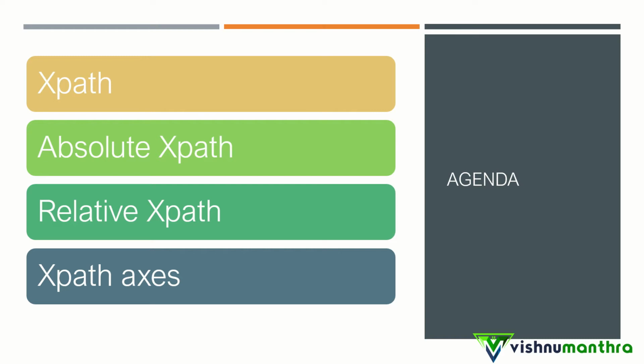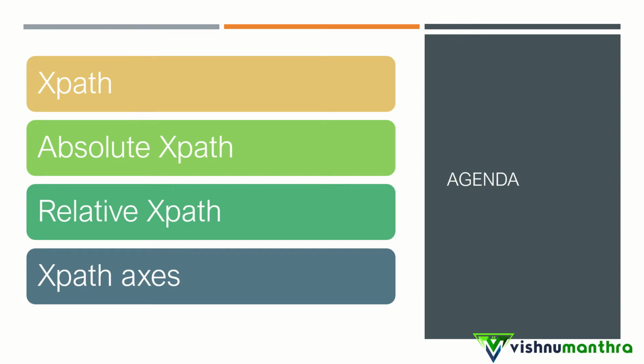there may be cases where there won't be any unique control available, and we may have to combine the properties of the web element in order to find it. So XPath will help us to achieve all those things. In this video, we will see how XPath helps us with that. We will detail different types of XPaths like absolute XPath, relative XPath, the difference between the two, and also we will see XPath functions. Then we will detail XPath axes, where we will see the relationship between different DOM structures and how to navigate through the DOM structure.